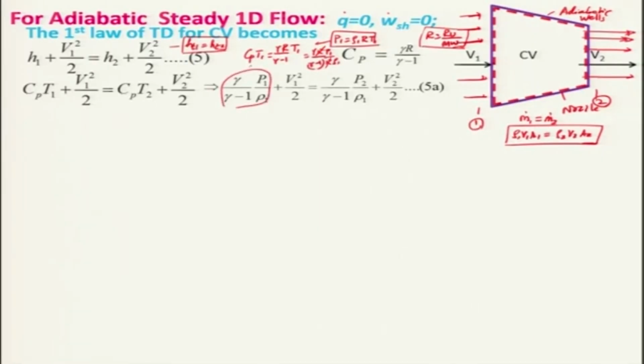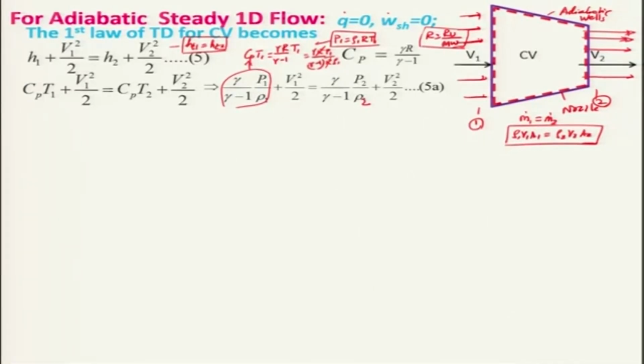This is nothing but your Cp T1, and then the next term remains V1 square divided by 2, is equal to gamma divided by gamma minus 1 into P2 divided by rho 2 plus V2 square divided by 2. So, this is the expression for a compressible fluid, so far as the energy conservation is concerned, right,